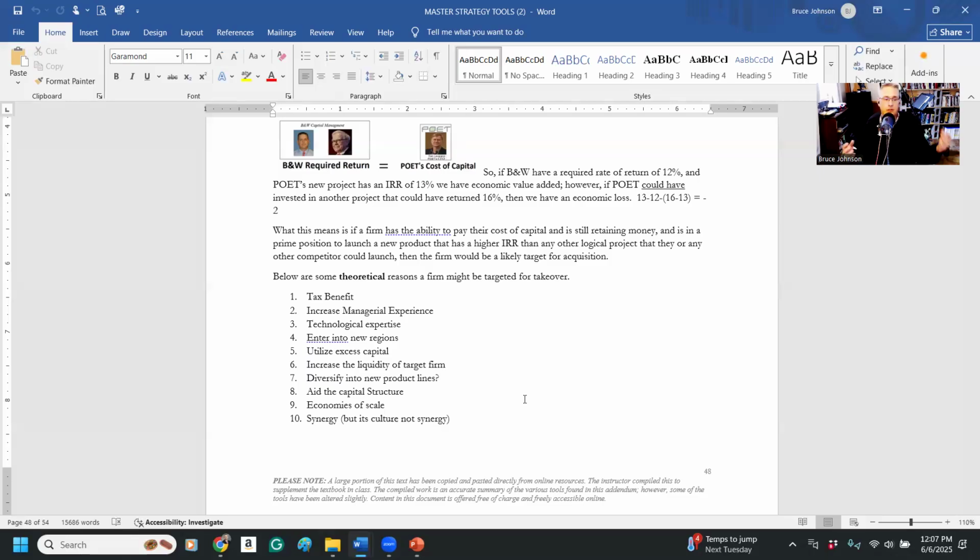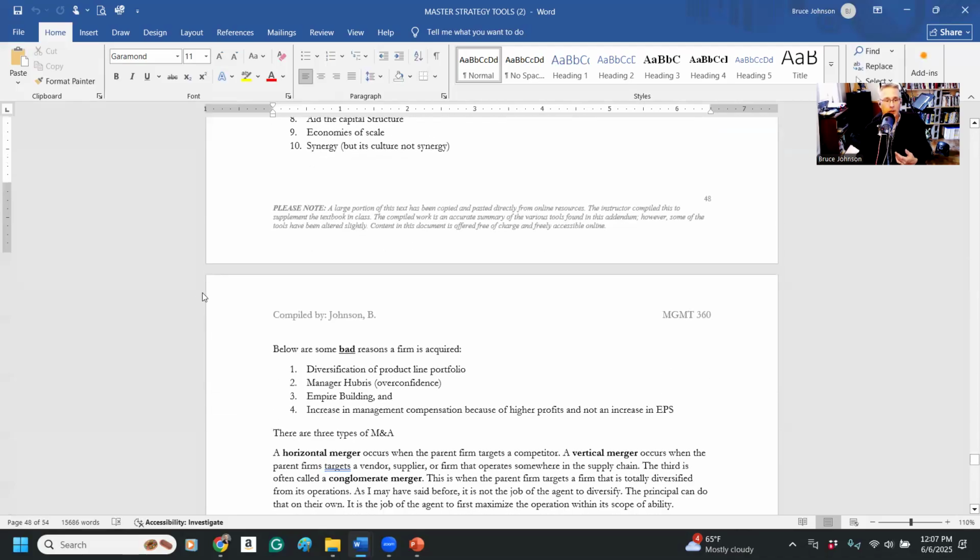So the idea of synergy is that the sum of each of these does more together. Okay, so 1 + 1 = more than two. If you've ever tried to build something yourself, it takes 10 hours. You have a friend help you, all of a sudden it takes 3 hours. Because if you have two people, then it would shrink to 5 hours, right? Or should, theoretically. But if it only takes 3 hours, then you have a synergy of 2 hours. You're saving energy, because the sum equals more than the sum of the parts, which is actually the only real theoretical justification for acquiring a company for the most part.